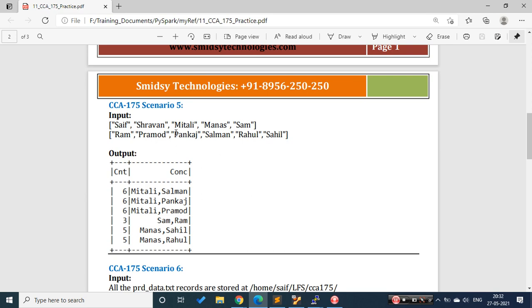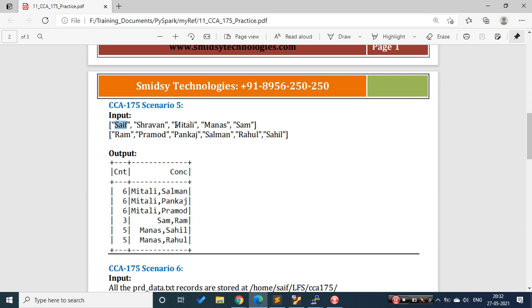So what I am able to understand is, this is a 4-letter word, this is a 7-letter word, this is a 6-letter word, and so on. From the first list and from the second list, if the character count is matching, we need to concatenate those words in the same row. That is what they are asking us to do.